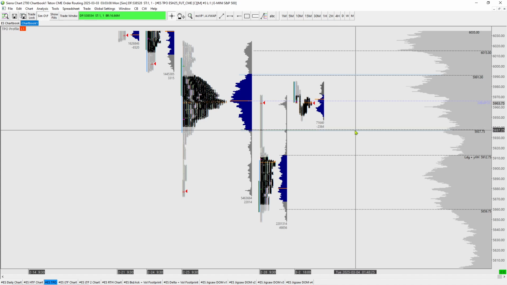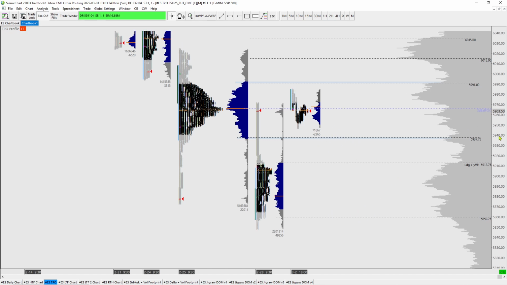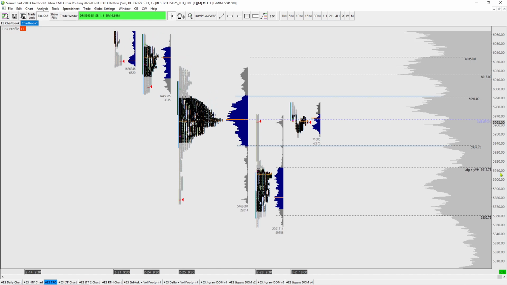Would I blind bid this overnight? Yeah, I might do it on some prop account, but I wouldn't. I don't trade overnight much, but it is a level you could watch. I wouldn't be shocked if this level holds. I'll post a screenshot of these levels on my Twitter. And yeah, not too complicated what's going to happen tomorrow. So take it from there.